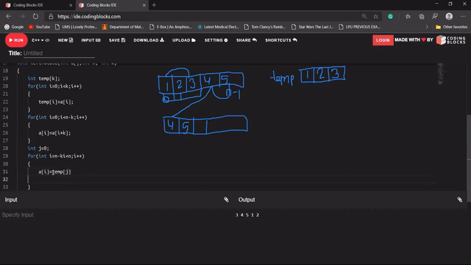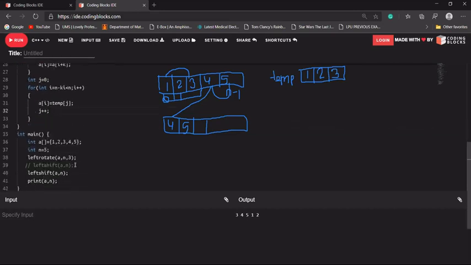At the start, temp of j is temp of 0, that is 1. So at a of 2 it will store temp of 0, that is 1. After every iteration we increment j plus plus, so that at a of 3 it stores temp of 1. I think that is clear with everyone.